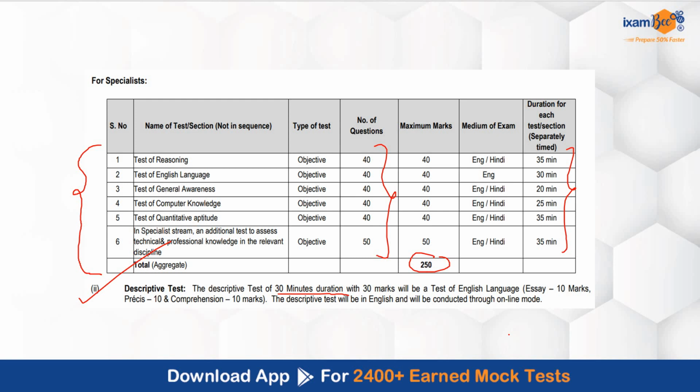Now if you see over here, your reasoning, English and quantitative aptitude is common for both prelims and mains. So you should definitely do one thing. Your focus right now up to your prelims should be to complete your English, reasoning and quantitative aptitude thoroughly, and you should also plan to cover few of the topics of legal, computer and general awareness for mains. Keeping this in mind, your study plan, your class schedule has been created.